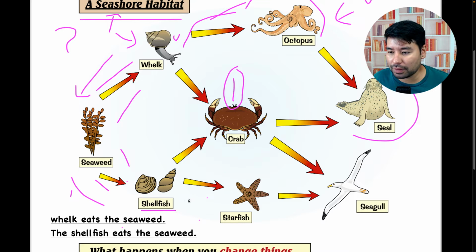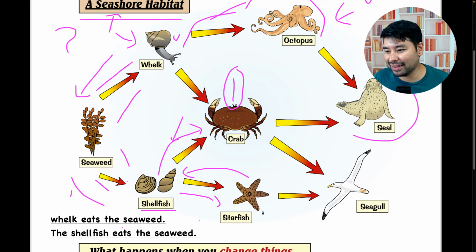So moving on. And the shellfish is food for starfish. I mean, starfish eats the shellfish. But also, the shellfish is food for crab. I mean, crab eats the shellfish. And the starfish, as we had, is food for the sea. Okay, this one here too has an interesting name. So let's check it out. Let's see the name of that.